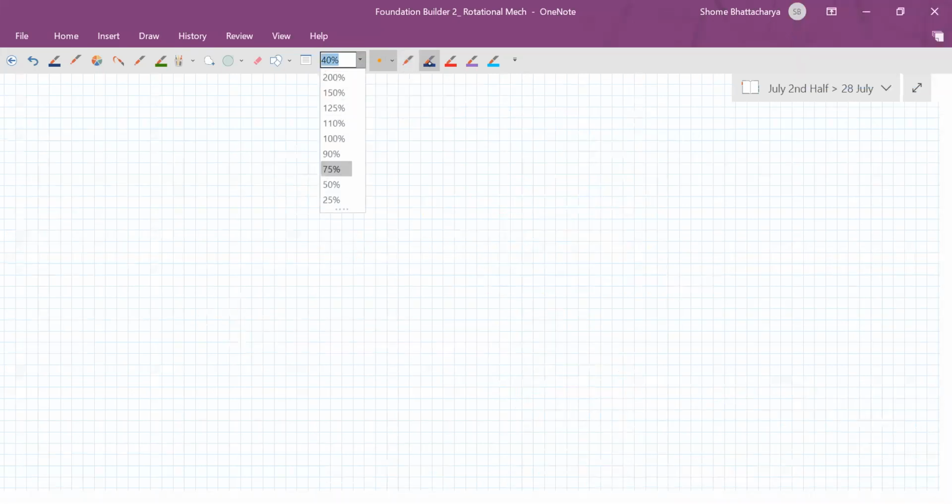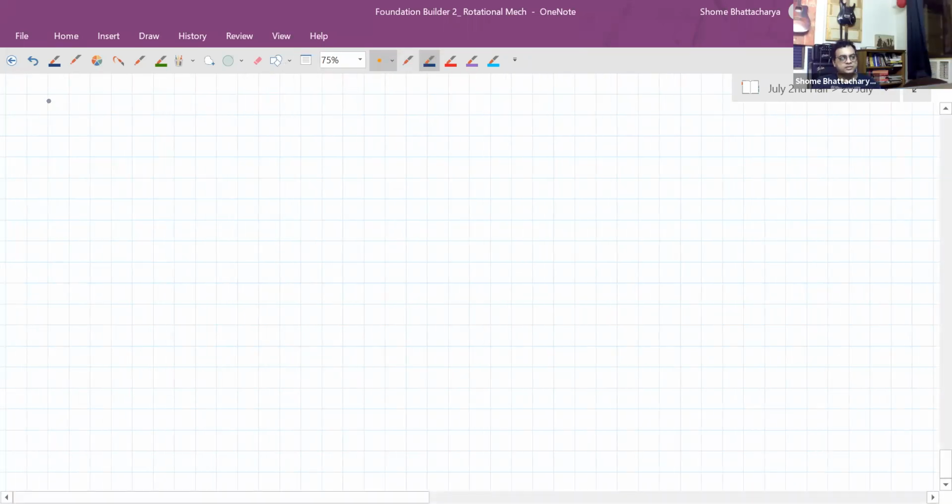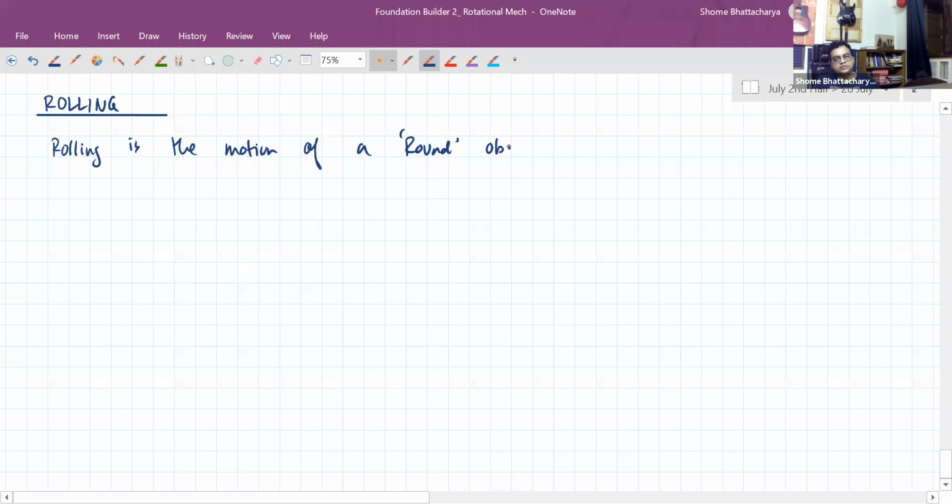Yes, sir. Okay, so now we move to the last portion of rotational mechanics, which is a specific type of motion called rolling. So rolling in general is defined as the motion of a round object like a cylinder or sphere,